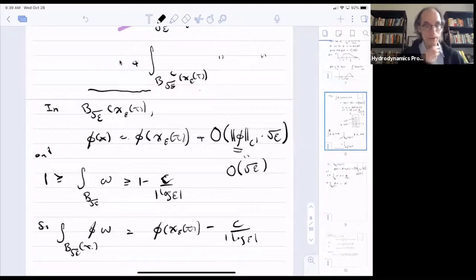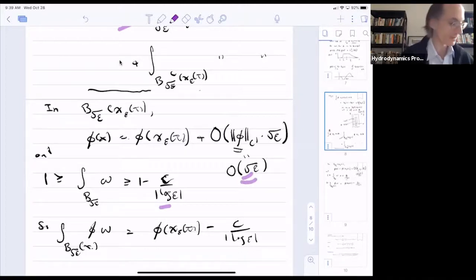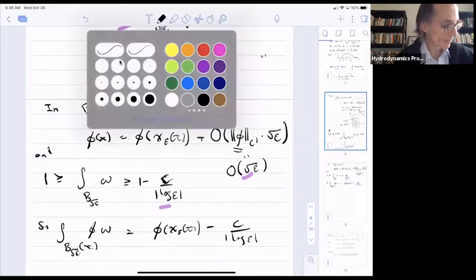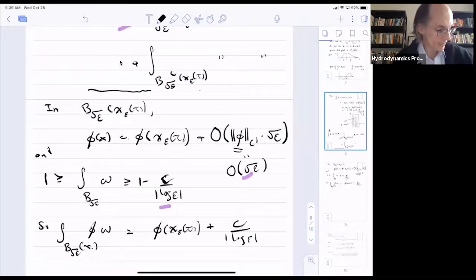If you just do the arithmetic, there are two sources of errors. They're the errors from this and from that, and these ones are negligible compared to the other ones. Or let's say plus big O of